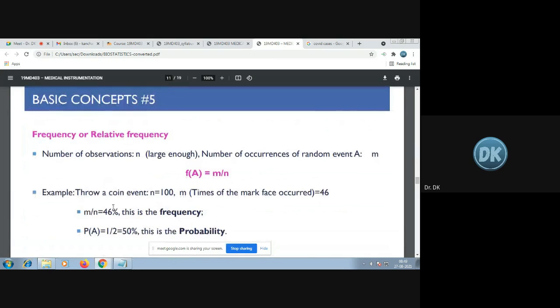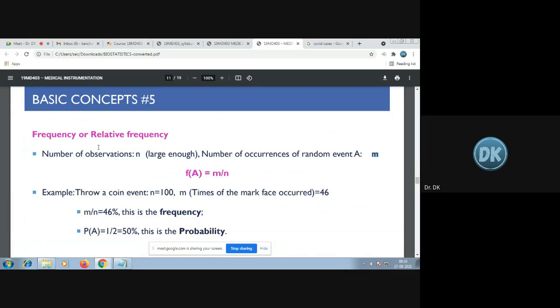And the next concept is frequency or relative frequency. Frequency is the number of times an event is occurring, right? For example, take bus frequency. If you're standing at an MTC bus stop, you will ask about the bus frequency, right? If you are getting a bus every 15 minutes from Melacheri to Gindi or something like that, in that case the bus frequency is 15 minutes, right? So frequency is the number of times an event is occurring. If you're going to write it in terms of variables, n denotes the number of observations, and a random event is denoted by m.